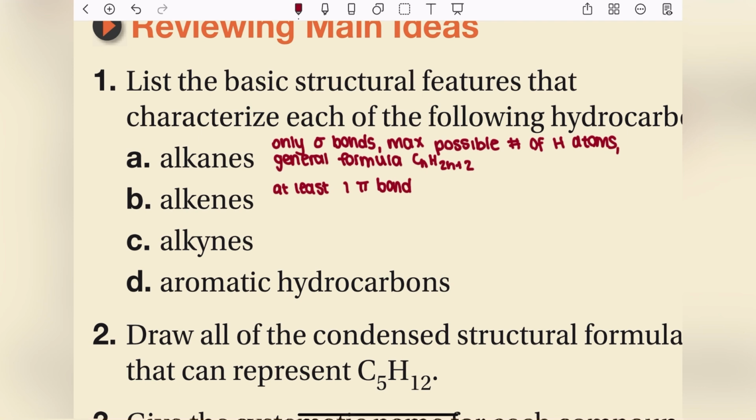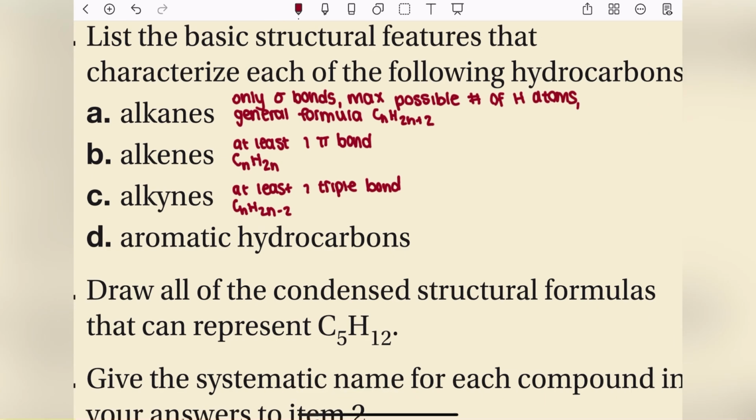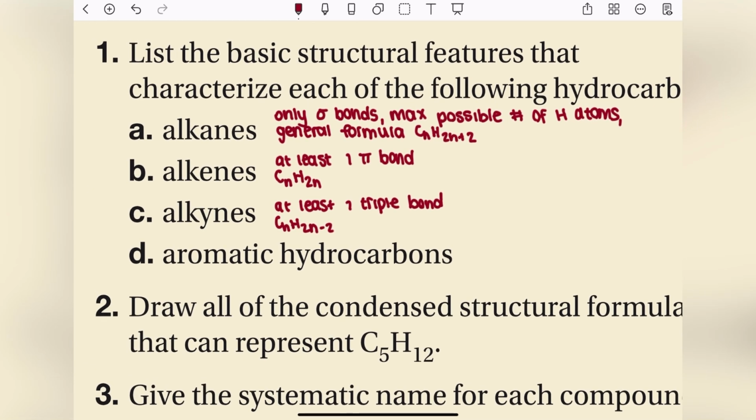And the general formula for it will be CnH2n, so minus 2 hydrogens from alkanes. Alkynes must have at least one triple bond, and its general formula is CnH2n minus 2. Again, minus 2 hydrogen atoms,